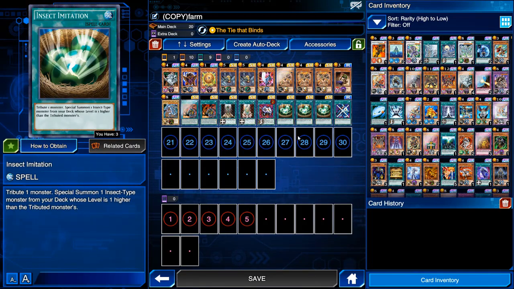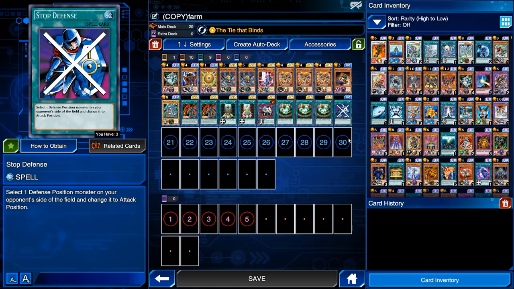And these things are going to be kind of hard to get. Insect Imitation, I did have to farm a ton to get this. But they're well worth it, especially if you have this really generic farm deck that is extremely easy to use. And then Stop Defense. Stop Defense, you don't need it. It's just basically filler because I built the deck extremely quick,